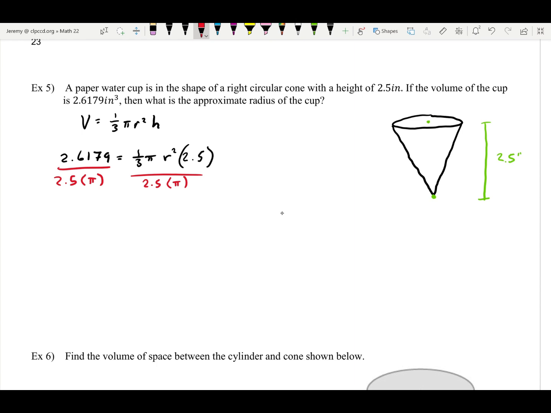I can achieve that by just multiplying both sides by 3. Okay, so sort of doing a lot at once now, but this should work. So I'll multiply 2.6179 times 3. I'll divide by pi, and this of course is done on the calculator. I'll divide by 2.5, and I am getting this number,